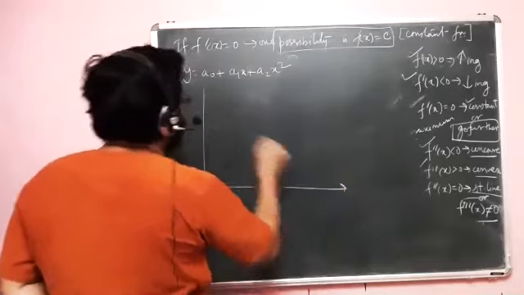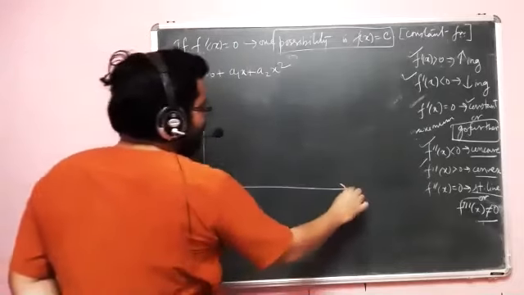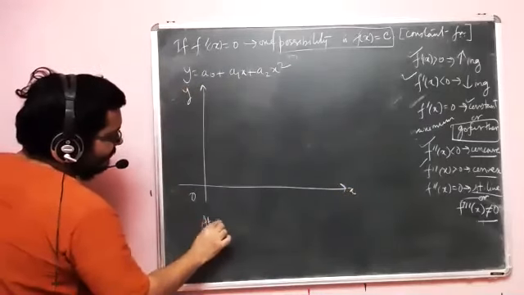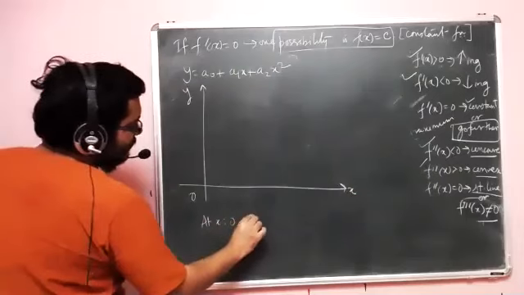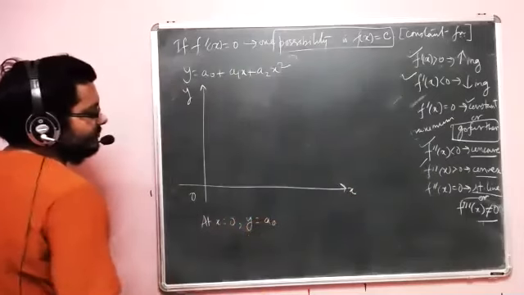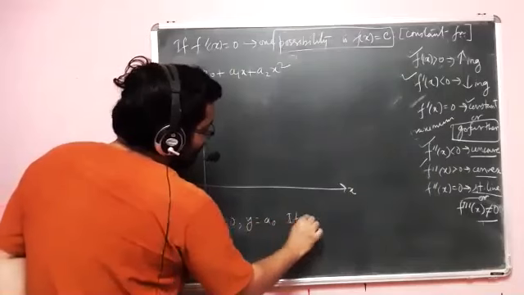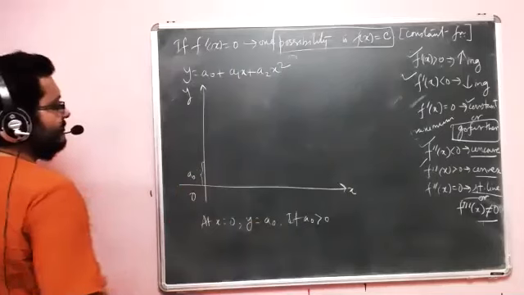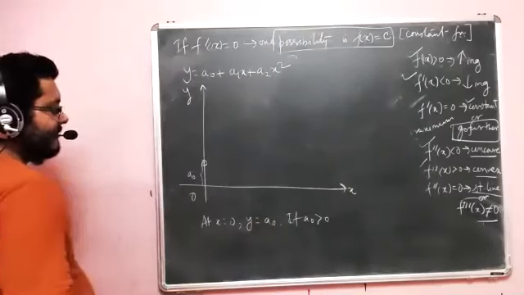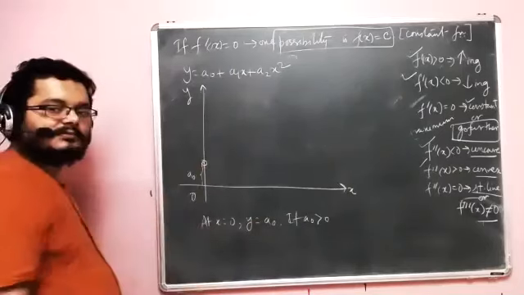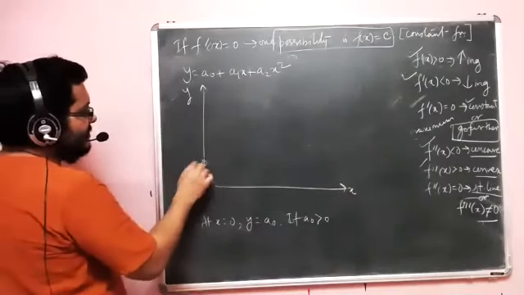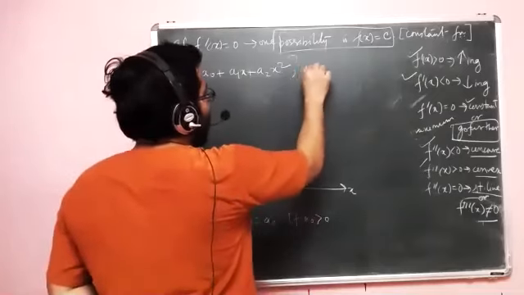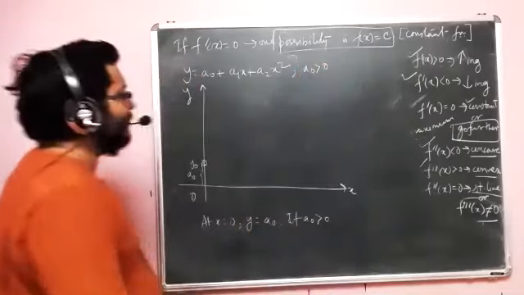Now here we have the construction, our coordinate. So now at x equals to 0, y equals to a naught. So if a naught is positive, then let's say this is my a naught. So at x equal to 0, this is my y. Let's just say that this is some y naught. So we have one assumption, that is a naught greater than 0.